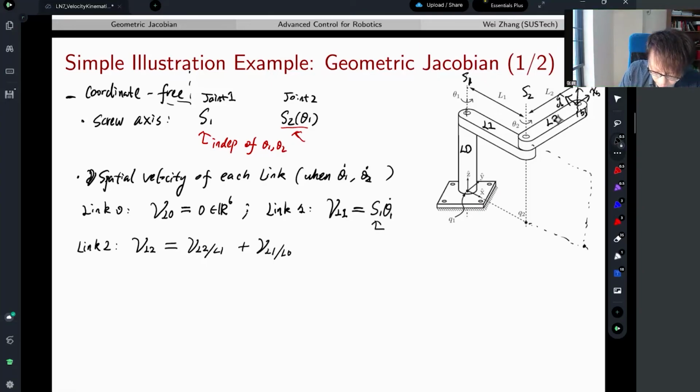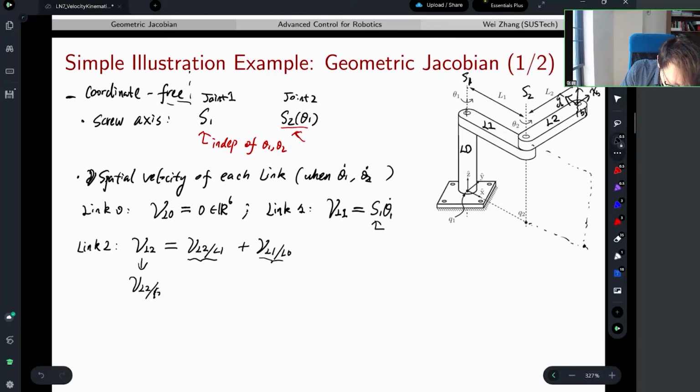Link 2's velocity is composed of 2 parts. If link 1 doesn't change, only joint 2 is moving. So that's the relative velocity of link 2 relative to link 1, which is what I mean here. And also maybe link 1 is moving. So overall link 2's velocity is an added vector of these two velocities, right? What I mean is link 2's velocity relative to the inertial frame, or link 0. Let's call link 0 the inertial frame, it doesn't move. So these two velocities,